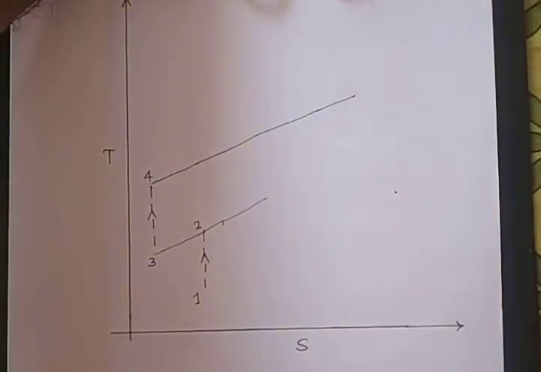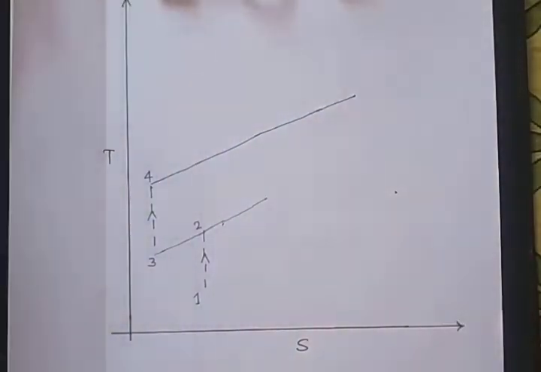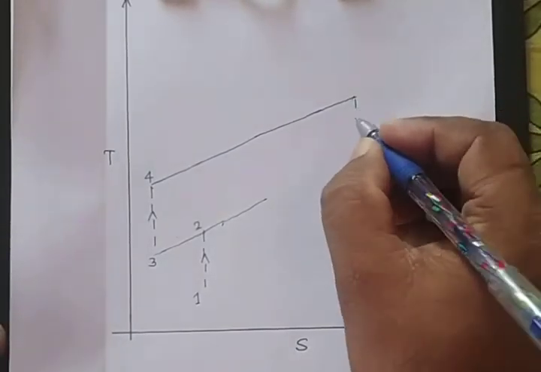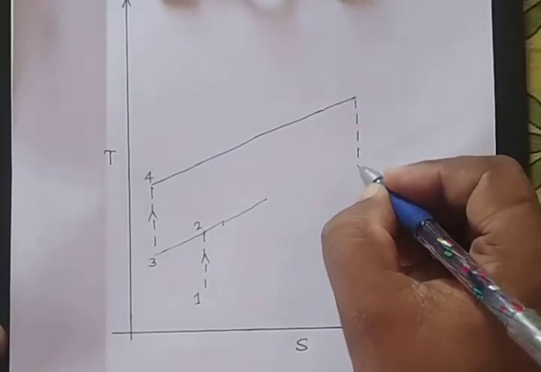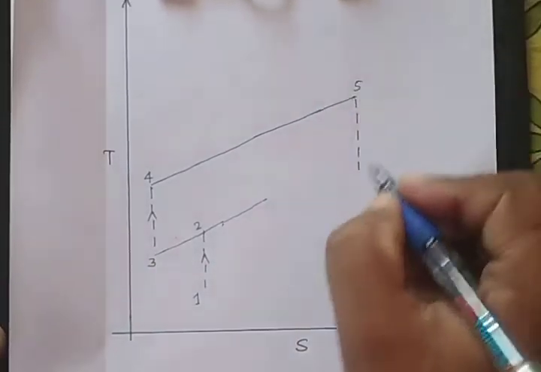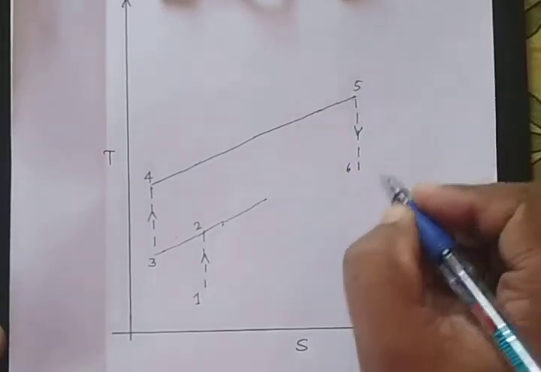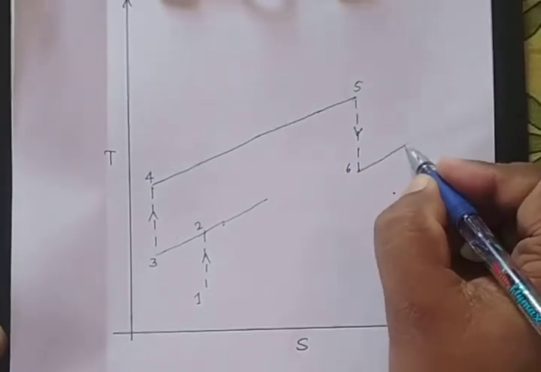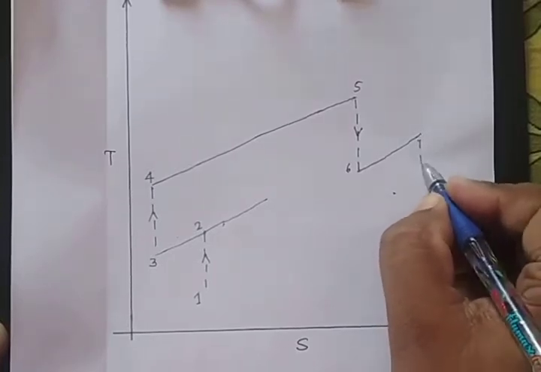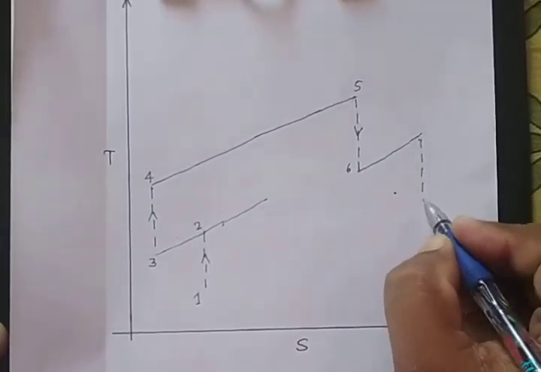So as it says, it consists of two stages of compression and two stages of expansion. So expansion is also of two stages. So let us draw the first stage of compression, that is 1 to 2. That is, I will write it as 5 to 6. I am just drawing the ideal, that is isentropic expansion, that is ideal adiabatic expansion.